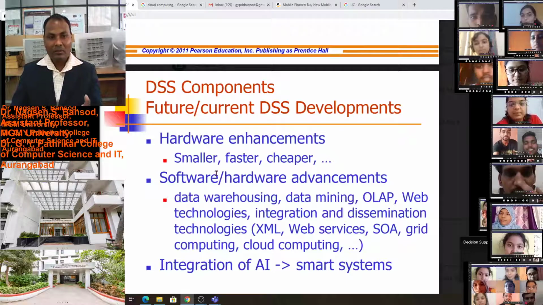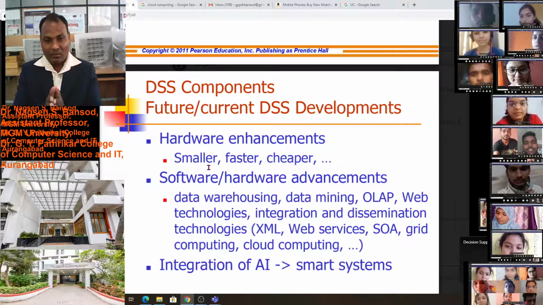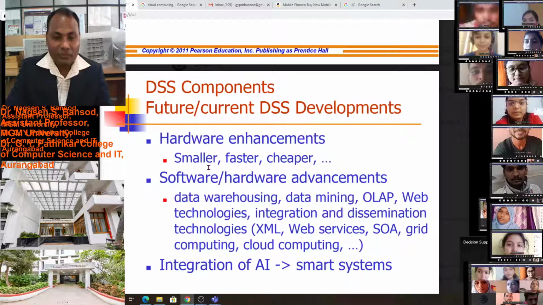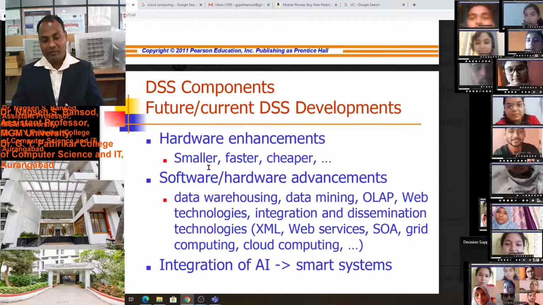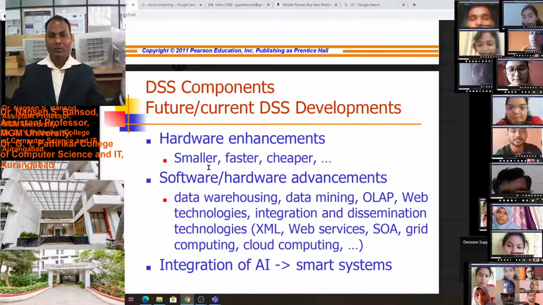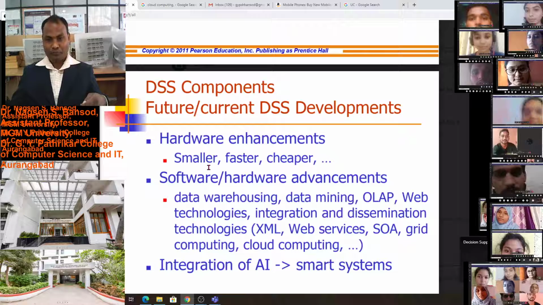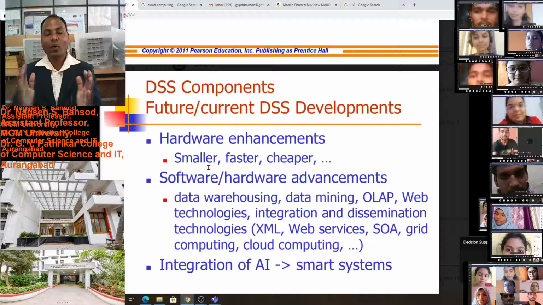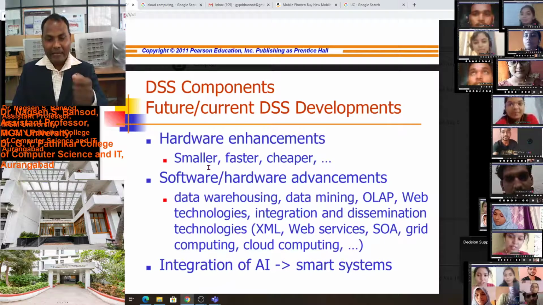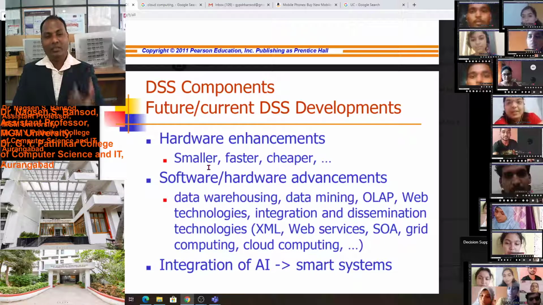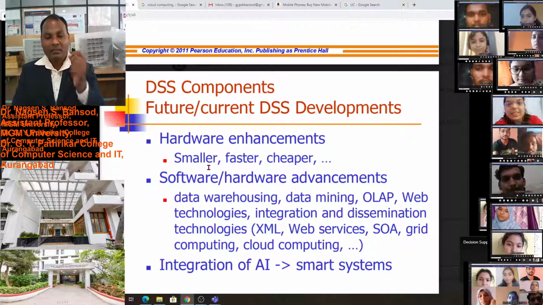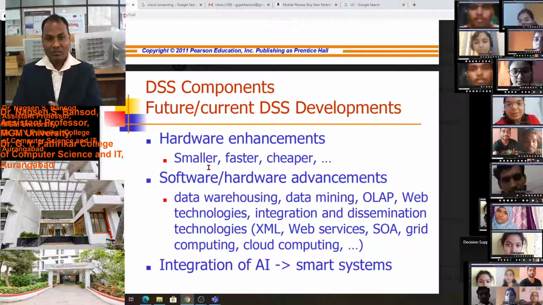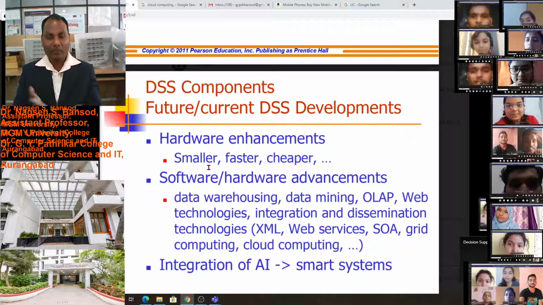Devices will be smaller, as well as faster. In previous days the computer was very big and very slow. Comparatively, computers are becoming small and thin, the work is getting very fast, and the product is also coming to us at a low cost. This is the future enhancement of hardware.